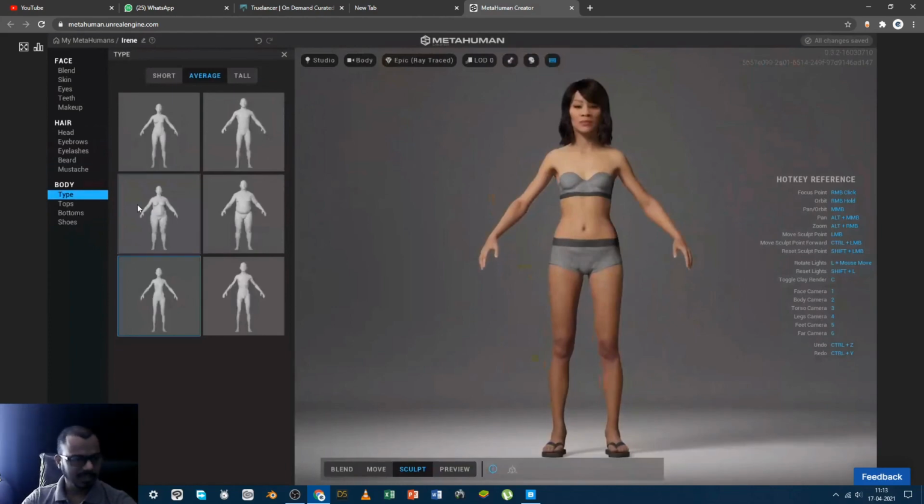And one more thing, the old age, but that is manageable as there are lots of presets. My point was, if there is a slider to go from child age to old age, very old age, and you just change that slider, that is in the Blender plugin, but it is not here.